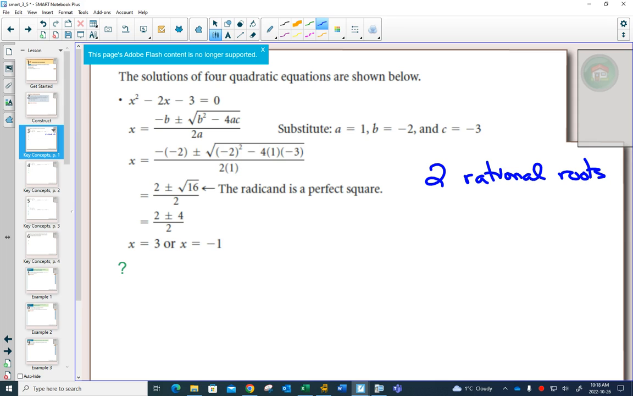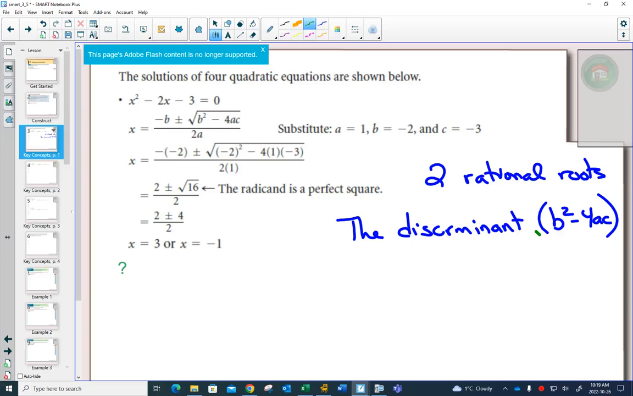And we're going to introduce, even though they don't introduce it until the next page, I'm going to introduce it already, a new word. We call the b squared minus 4ac part in the quadratic formula the discriminant. That's the part that's inside the square root. The discriminant is just the number inside the square root. It doesn't include the square root. But the number that's inside the square root